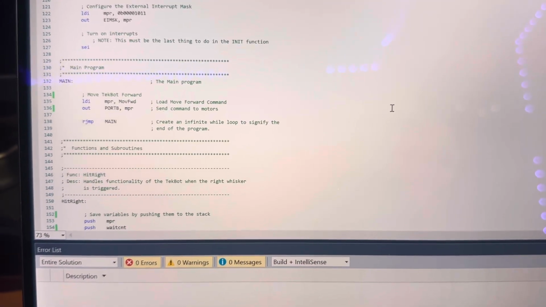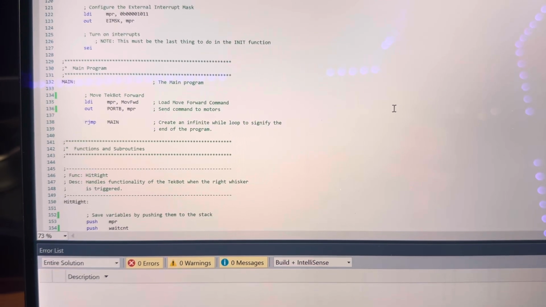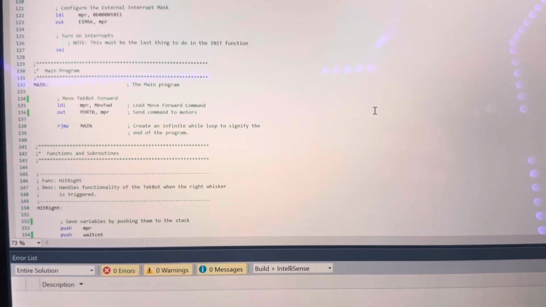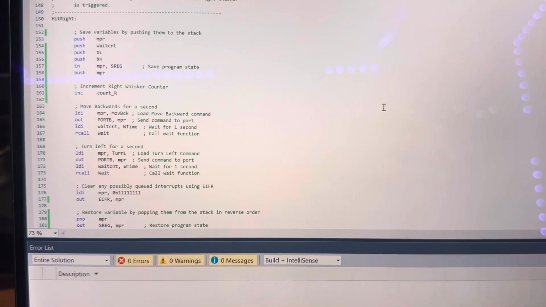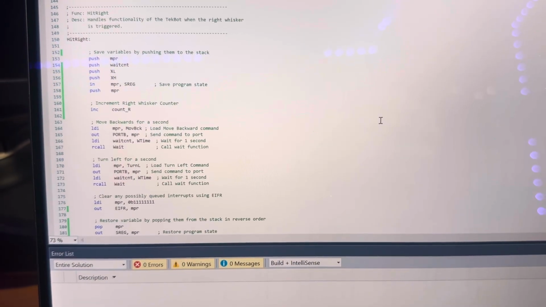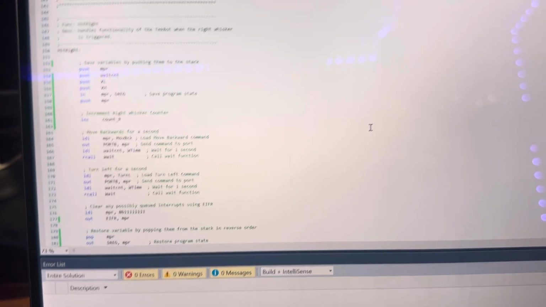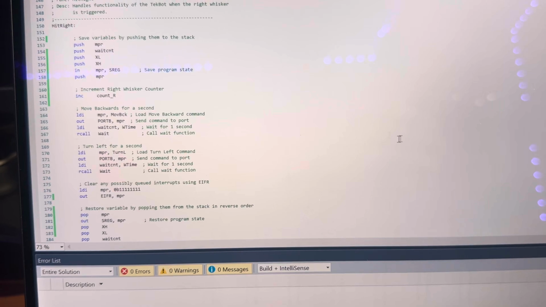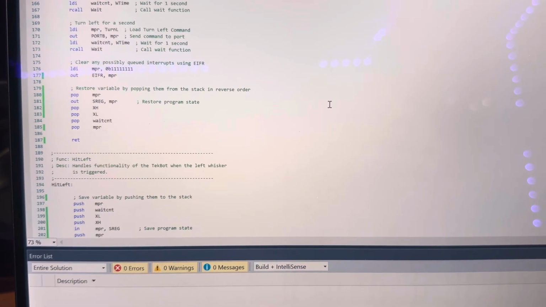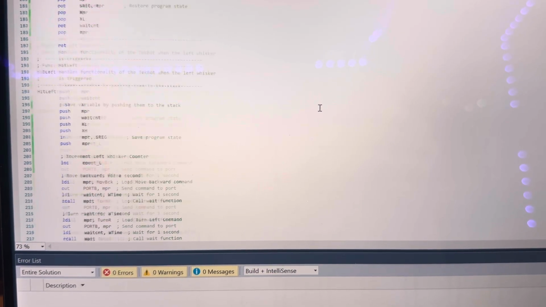Here's my main program, which just has the TekBot continually moving forward infinitely. And then the interrupt service routines, hit right, same as the BumpBot.asm,